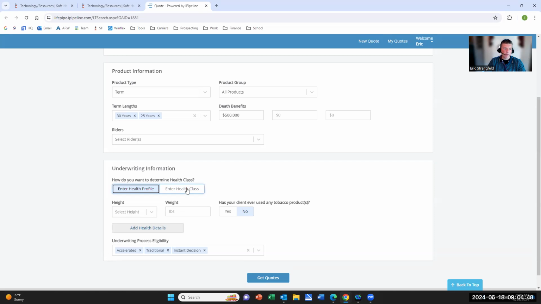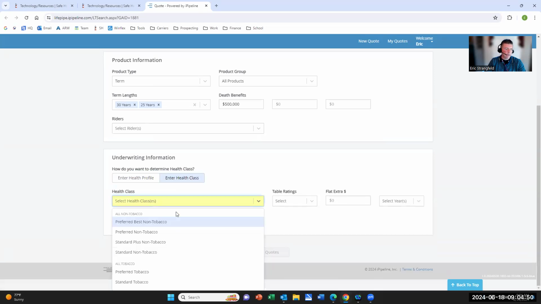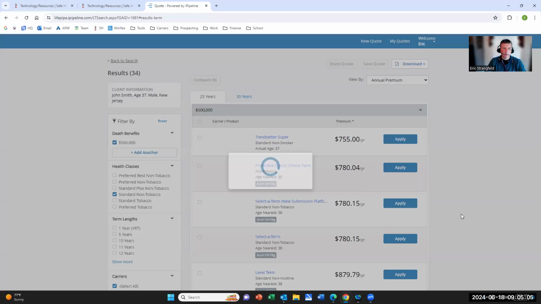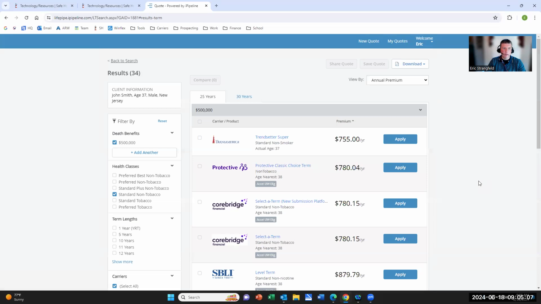But for today's purposes, we're just going to say that the client is typical standard non-tobacco. They don't have an enormous amount of health challenges, maybe some maintenance medication, things like that. No table ratings, no flat extras. So simply click here, get the quotes, and you can see up at the top here, it's got it listed out,